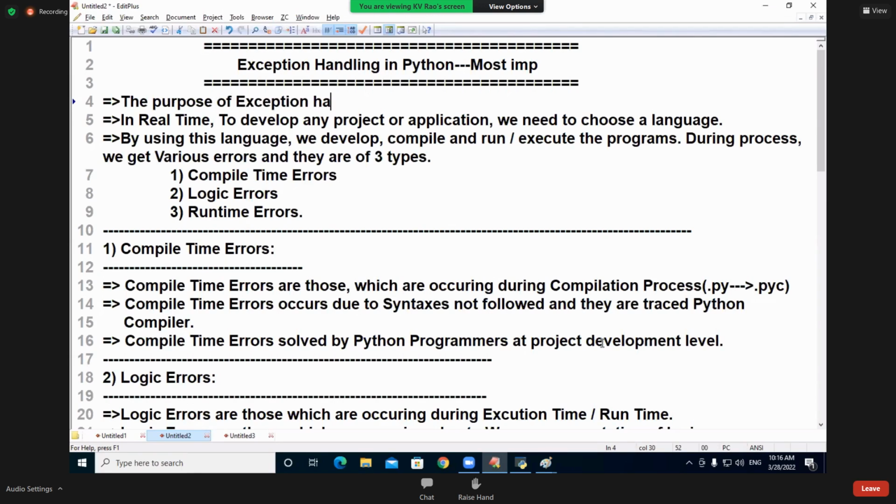So now I am writing the purpose of exception handling: to develop, or what? Build. Which applications? Robust applications. Robust means what, students? Strong applications. To build robust applications. See, on every topic heading, I am saying its purpose. Overall, if I see the Python content, you will easily understand what purpose each content serves. Functions, for reusability in the same program.